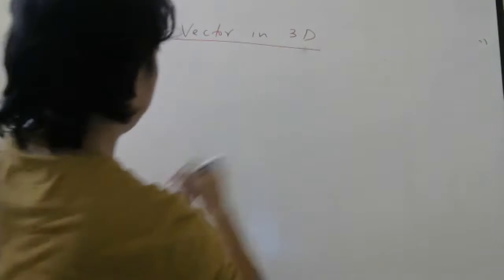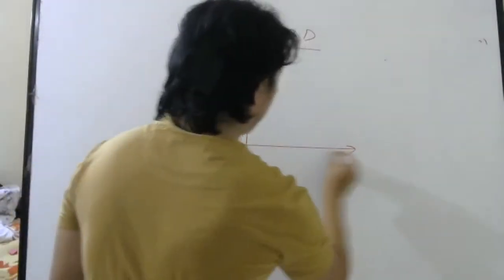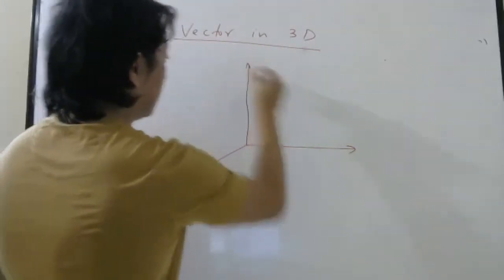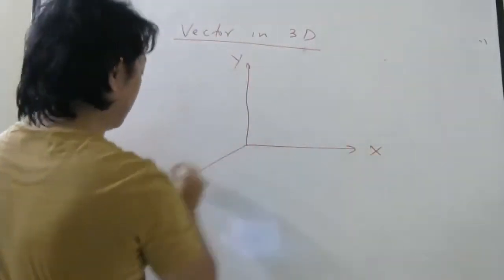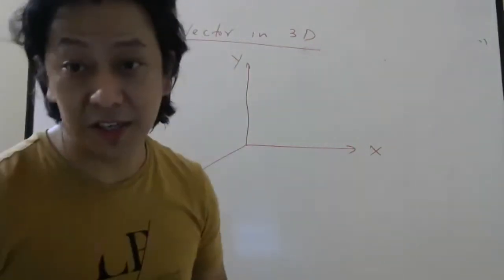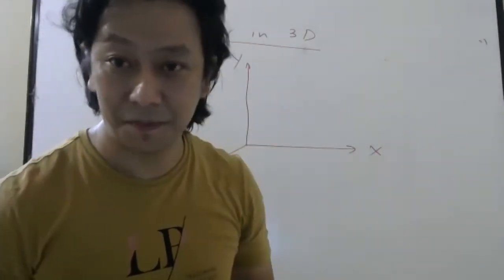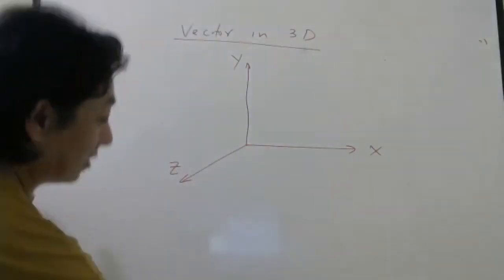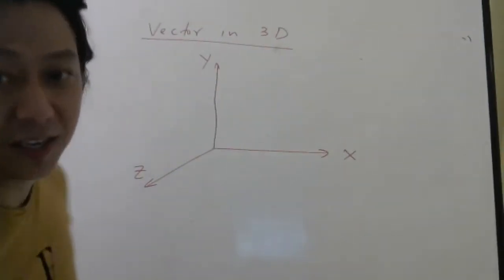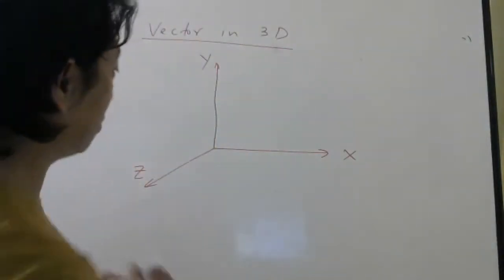Then how to find components? That is tricky, but still you can easily understand. So look carefully. So this is x, this is y, this is z. Now since this is 3D, you have to do some imagination, okay? Because on the board I can never draw a 3D diagram because the board is two-dimensional. So it is difficult to draw a three-dimensional object, but try to observe. I'm sure you will understand.